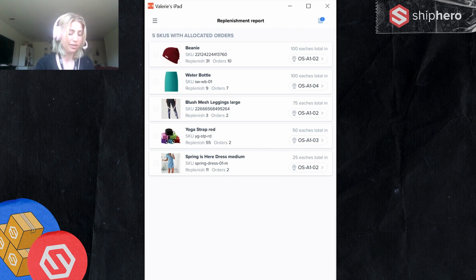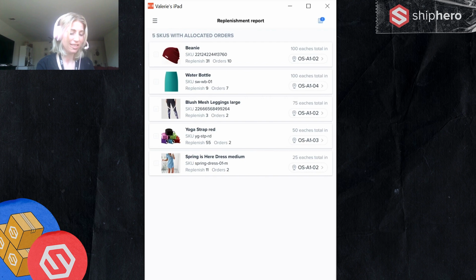We also have cases where you can set the replenishment level. This is an existing functionality, but on the product page, you can set some sort of threshold. So whenever the amount in the pickable bins is under that level, it will flag it and it will show up on the report. We show these separately. So this is going to be those that are on an order. These are usually more urgent because orders need them now. So we kind of want to highlight them.